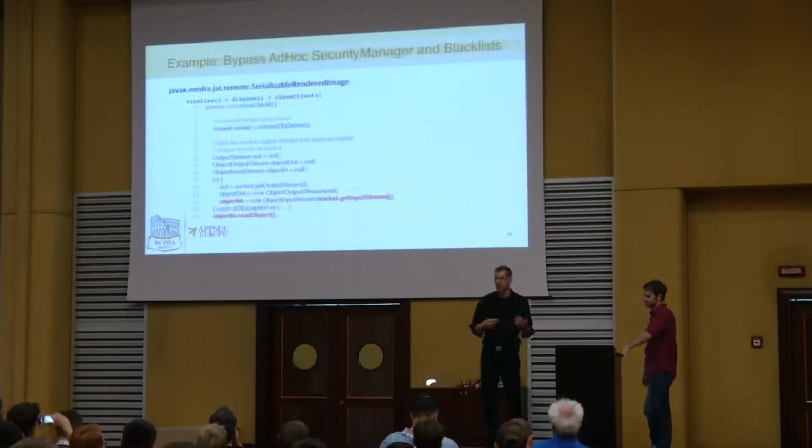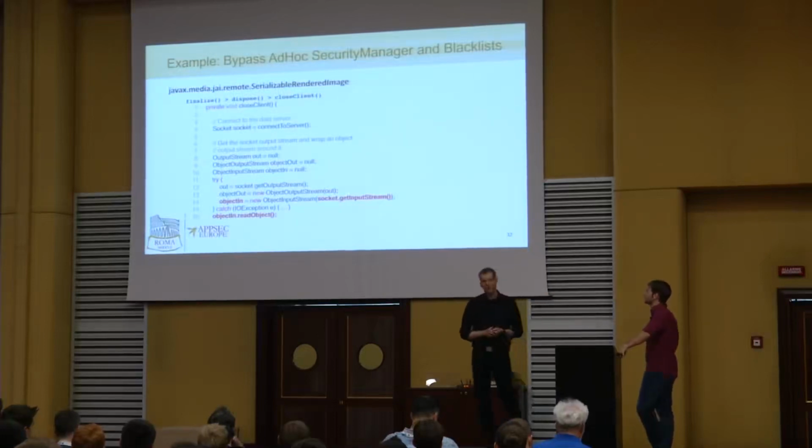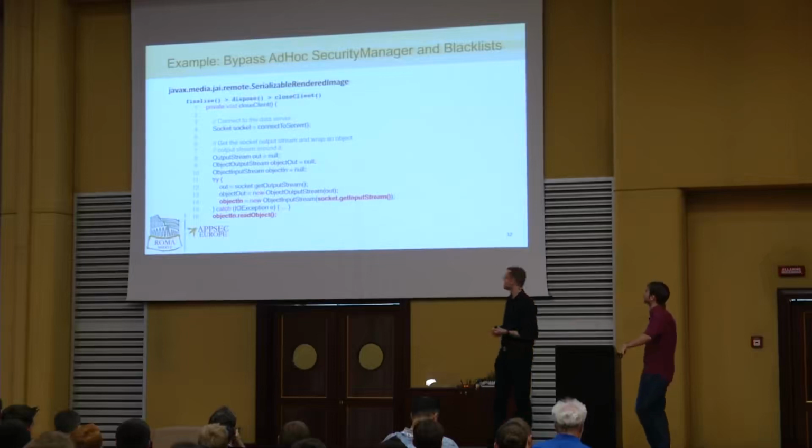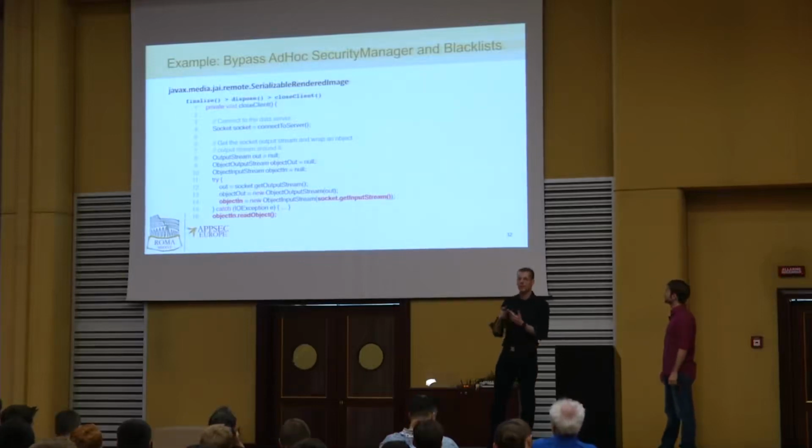And we would just like to give you one example of these bypass gadgets. It's a very interesting one. It's sitting in javax.media.jai. It's a serializable RenderedImage class, part of the Java Advanced Imaging API. And that's very interesting because at the same time, it's a blacklist bypassing gadget and an ad hoc